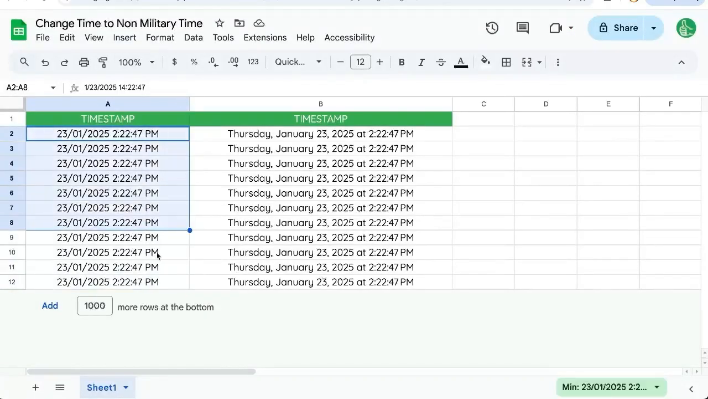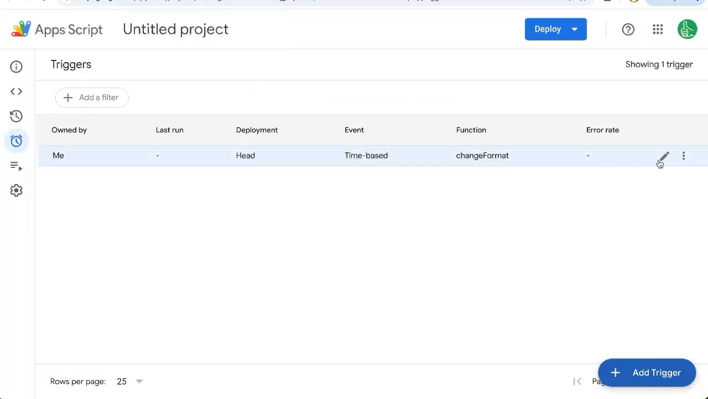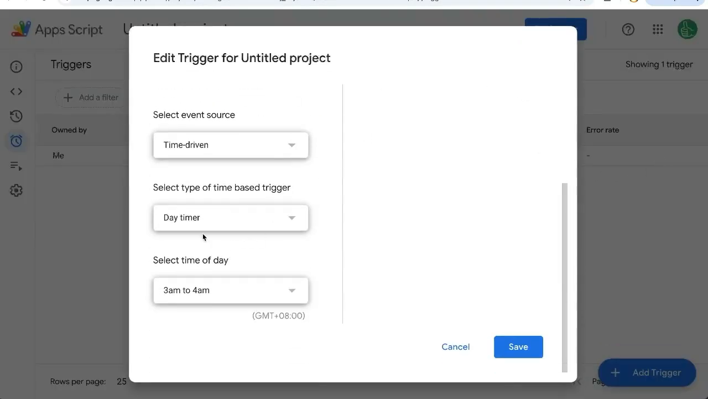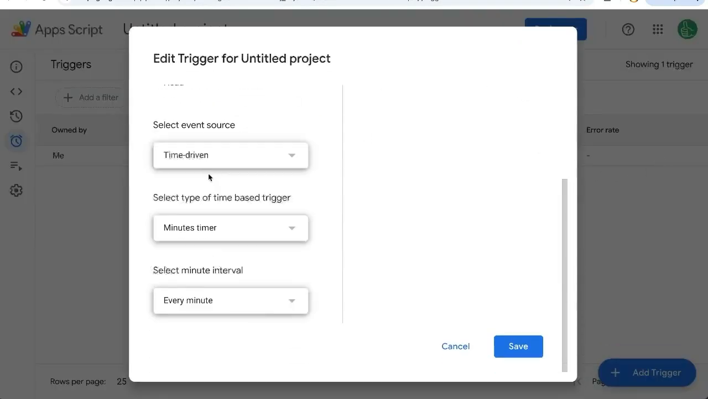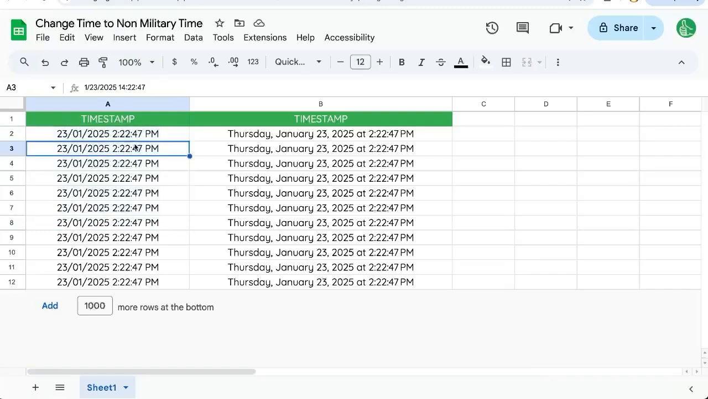If we're adding more timestamps later on in a different format, every single day they will be reformatted to this particular type. If you want to edit this, not every day, but maybe you want to do it every hour or every 5 minutes, 10 minutes, 15 minutes, just to keep on it, you can change that here to the interval, click save, and that will save your trigger to those time formats. Hopefully you learned something really awesome, a little trick to change time from 24-hour time to non-military time